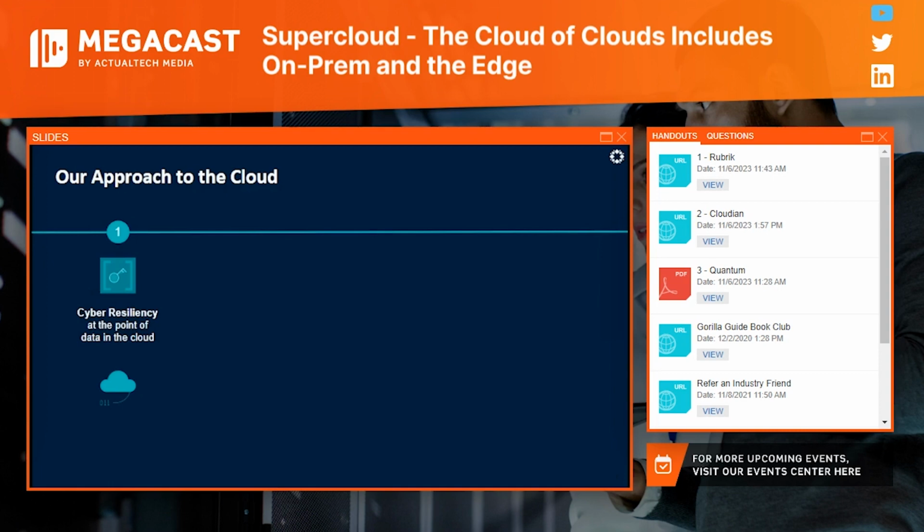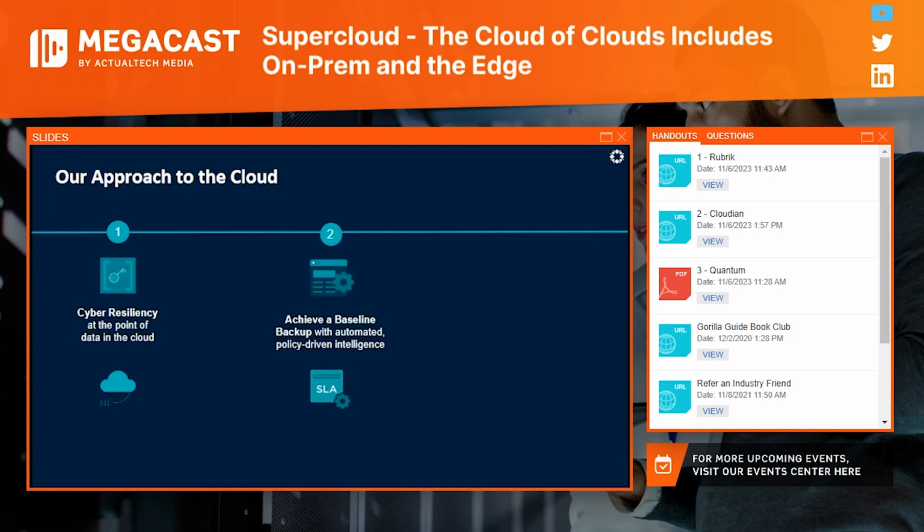But ultimately, what you also need for any secure, protected environment is the ability to recover, the ability to manage both protection and recovery as you move into these different environments. So we provide resiliency, both from attacks, but also just from day-to-day backup recovery needs at the point of data that extends to the cloud, where we support this notion of policy-driven intelligence, something we refer to internally as SLAs.